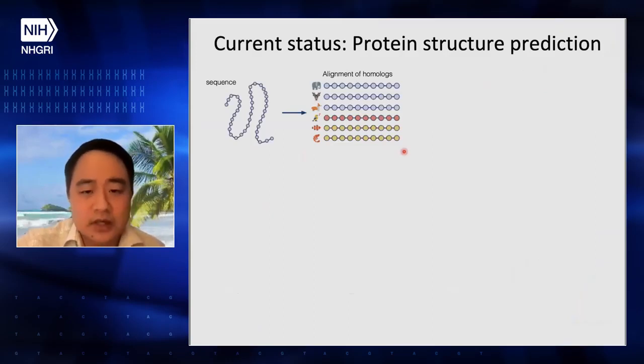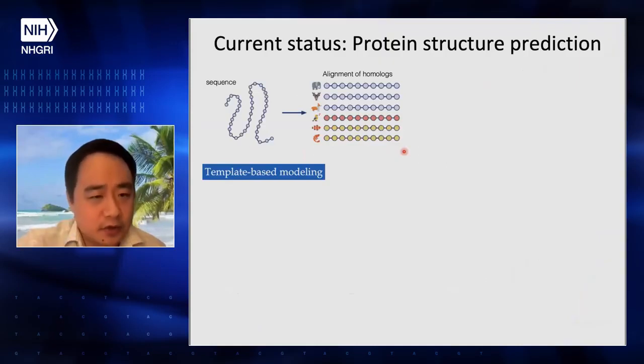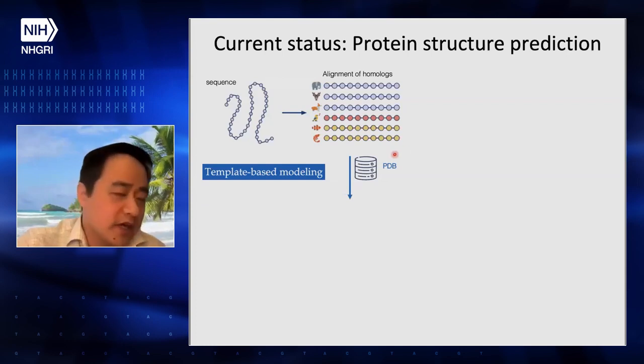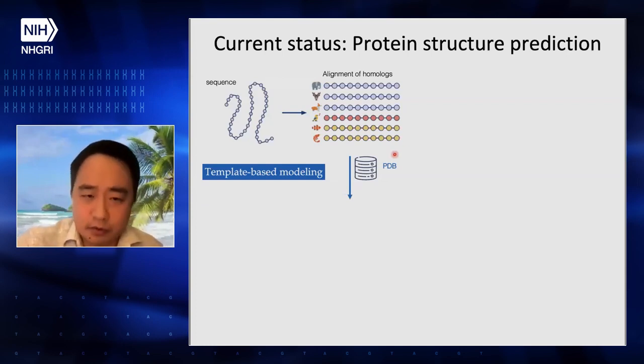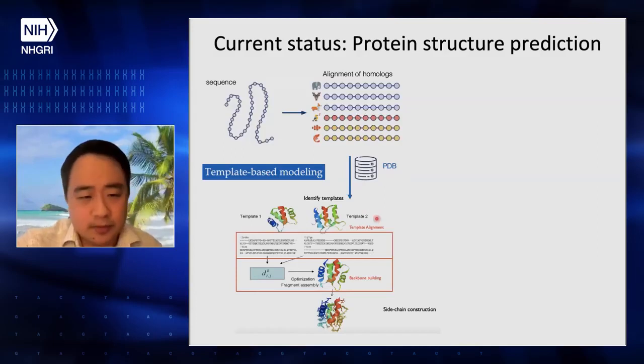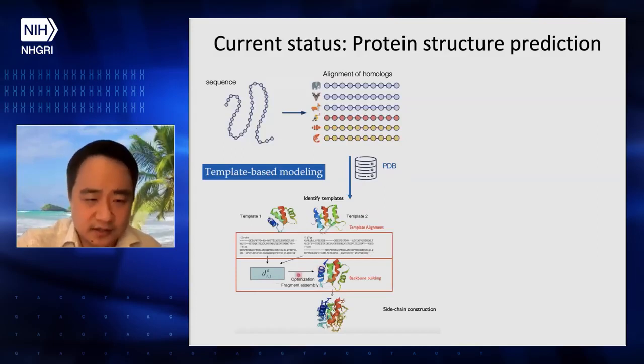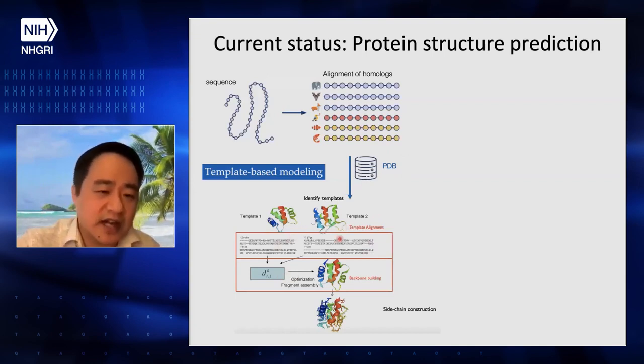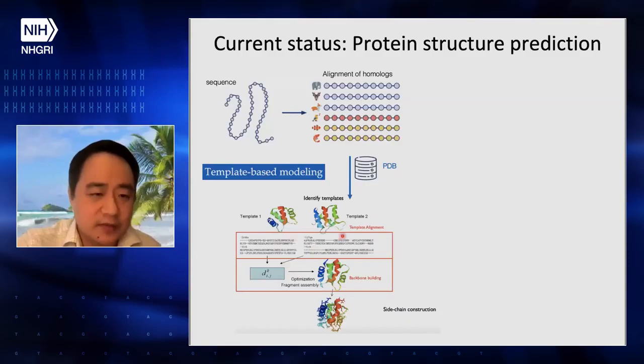Okay, and traditionally, the best and most reliable approach is called template-based modeling, where we build some model, hidden Markov models, or some kind of sequence profile, and we search against a database. There's a structured database called PDB, and we identify all these possible templates, and we extract the pairwise distances, or geometric constraints, from these templates. You can think of the naive way as copying the coordinates from the templates and blending them together. Somehow we build this backbone structure, and then we add the sidechains to the structure.